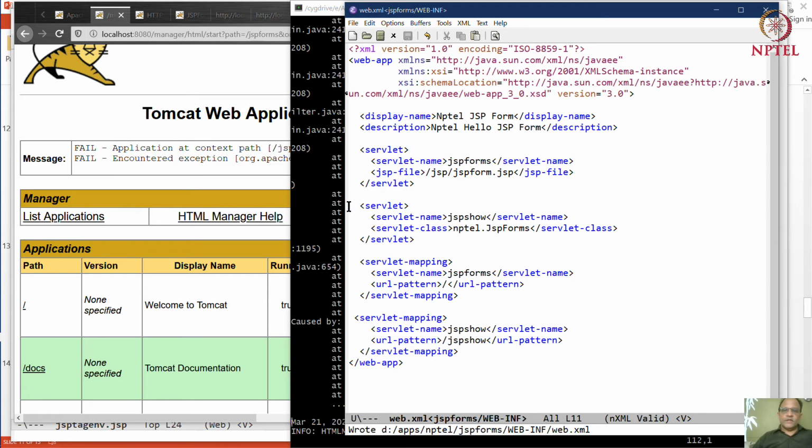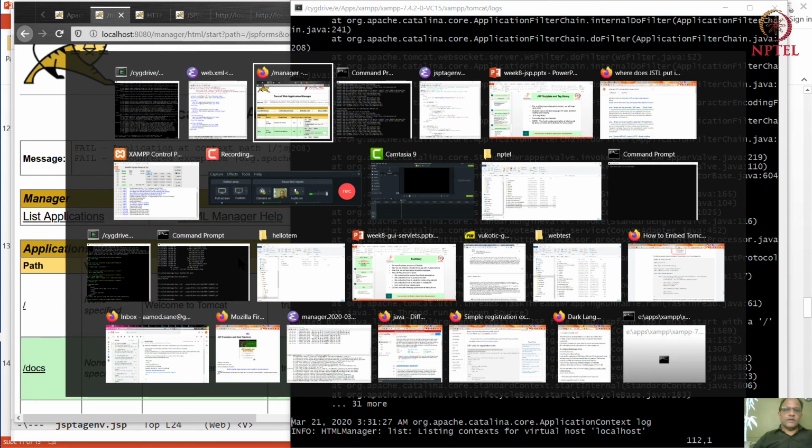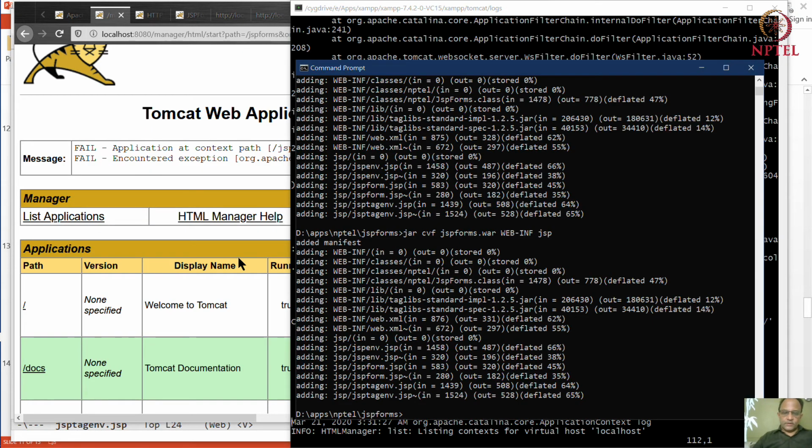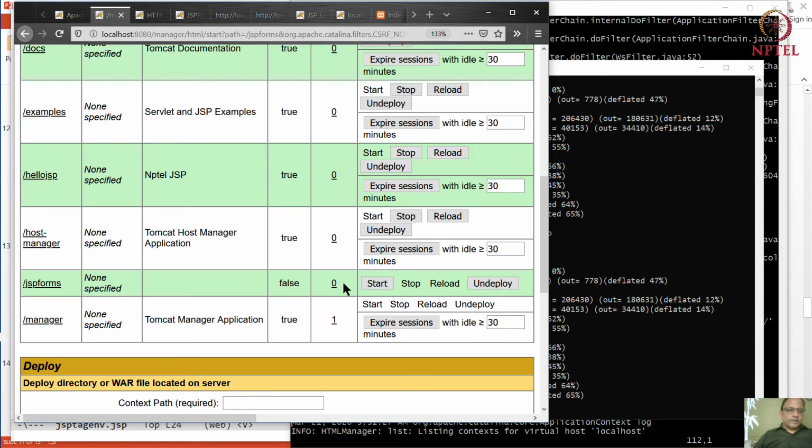So I have already changed this and removed the slash, and so we should be just fine in a minute. So I will create this WAR and let us redeploy the thing.